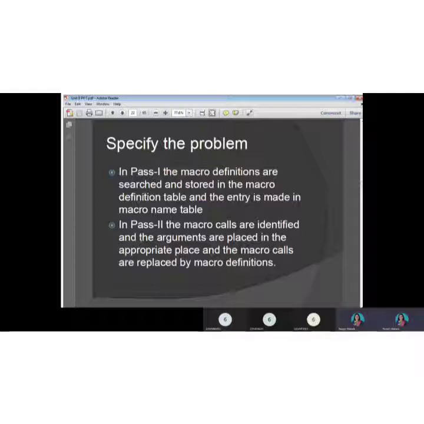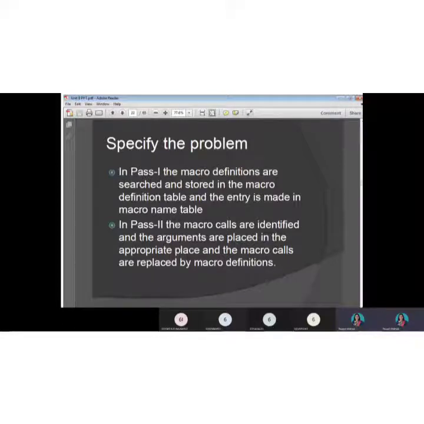Whereas in pass 2, macro calls are identified and the arguments are placed in the appropriate place, and the macro calls are replaced by the macro definition. So what happens in pass 2 is the macro call and macro expansion. These two parts of the macro execution are taken care of in pass 2, right? So here we go to macro calls.